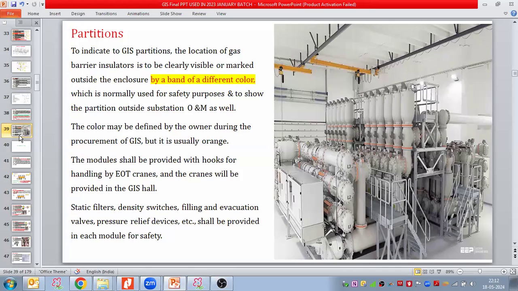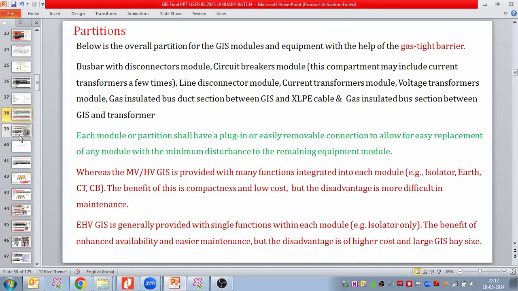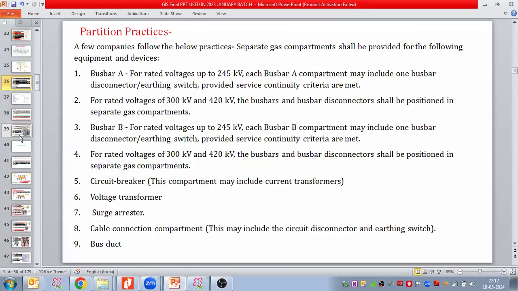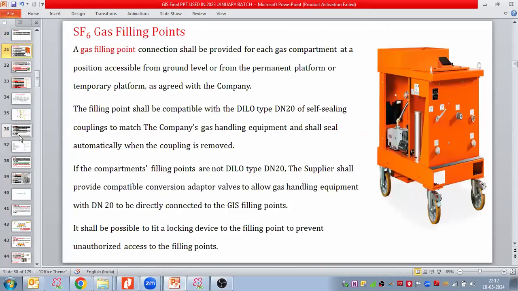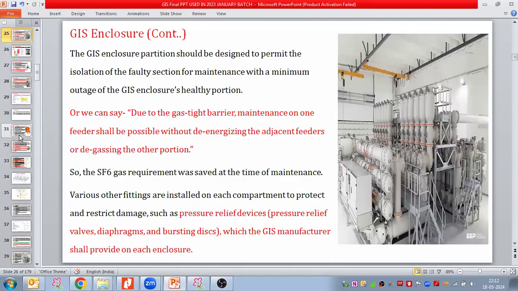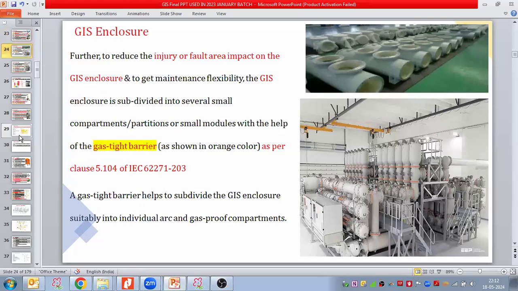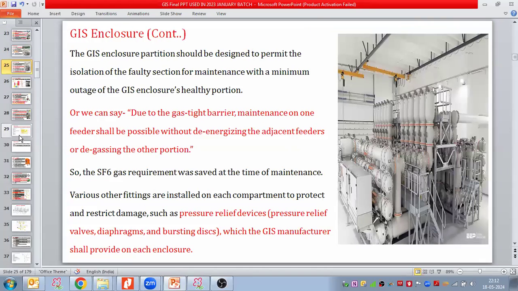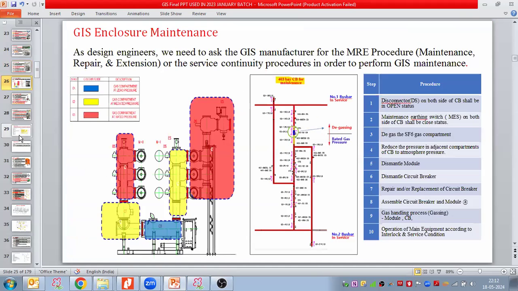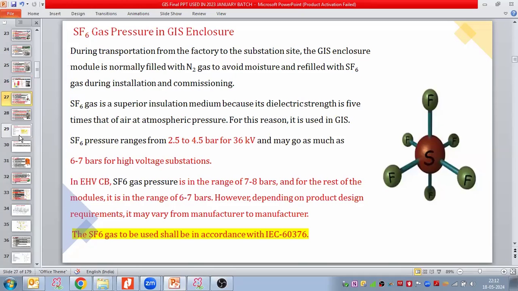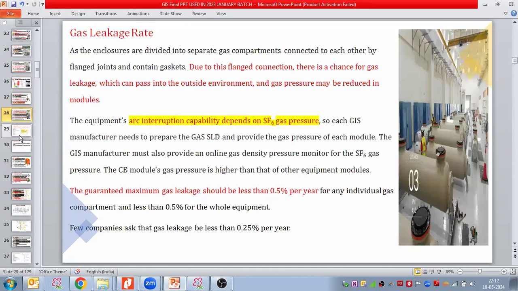I hope the partitions are clear. Let us summarize what we discussed. We discussed the enclosure material, enclosure partitions, and the MRE procedure for the enclosure. We discussed the gas pressure and gas leakage, why the leakage happens in the gas,